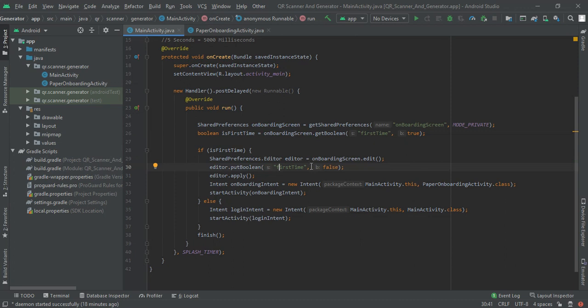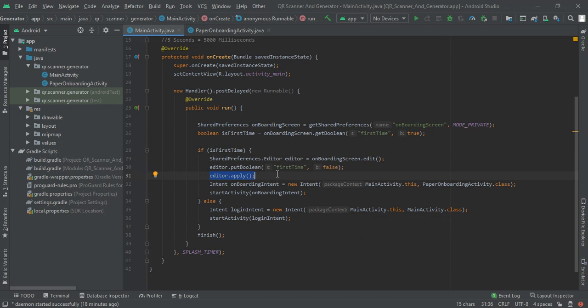And remember to keep this name the same as this, and then editor.apply. Then we are going to start our intent,